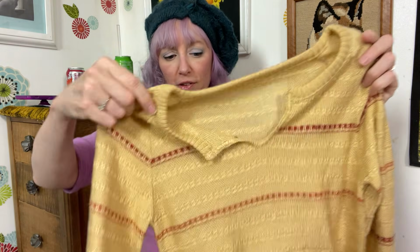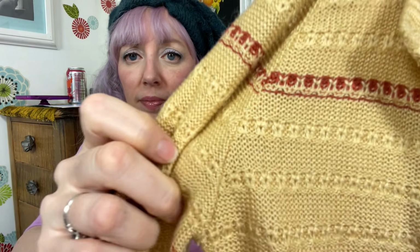This sweater, also very light, very soft, very sweet, a simple, cute little sweater. Okay, there's that. This dress, which I'm super stoked about, is going to go in my Whatnot show for